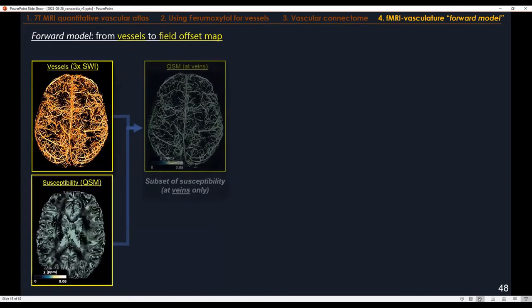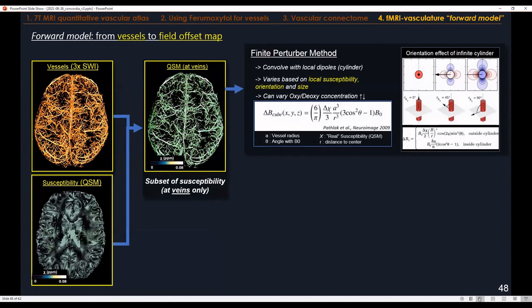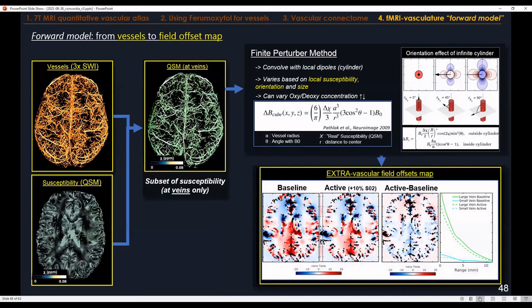Basically, we had our vascular segmentation and we had our susceptibility map. We can then map the QSM on the veins at every point, and use the finite perturber method to map, for every point of the vascular tree, the dipole effect at this localization. It's basically a convolution with the dipole effect coming from a cylinder shape. And then, using the susceptibility, orientation and size, you get